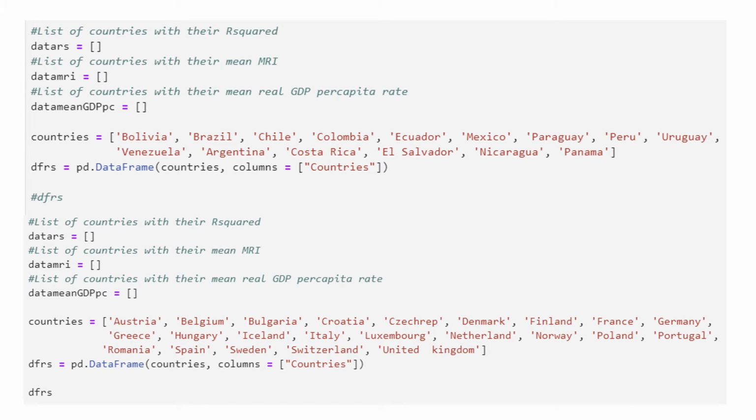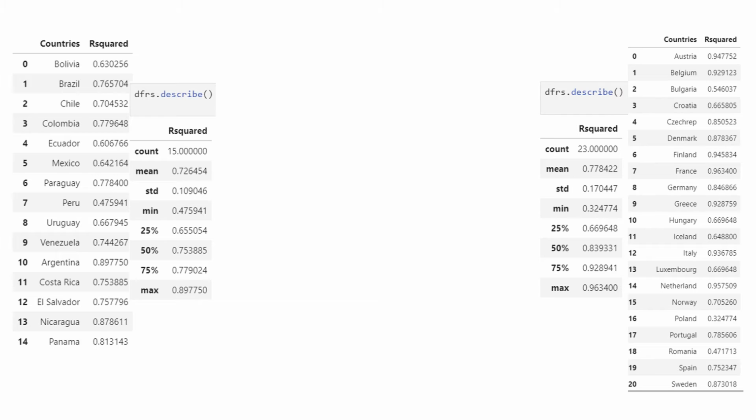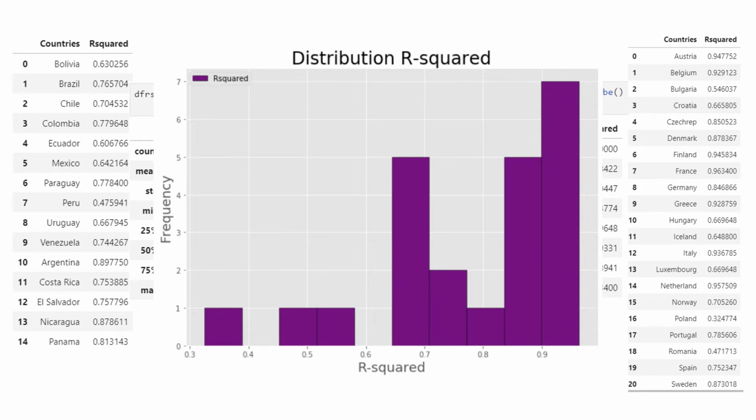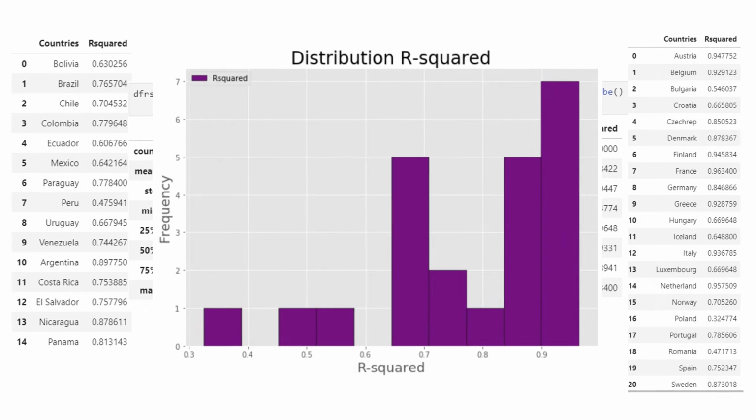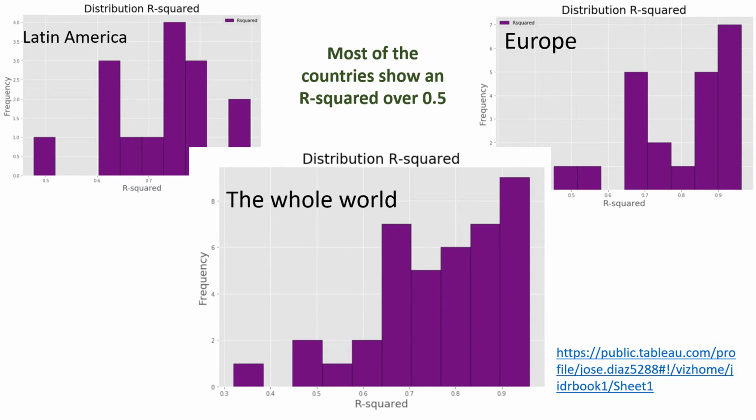Now we are going to calculate for 15 Latin American countries and for 23 European countries the MRI, the mean of the real GDP per capita growth rate, and the coefficient of determination R squared. And here we have the R squared distribution for Latin American countries, for European countries, and a summary for countries all over the world. As you can see, most of the countries around the world have R squared over 0.5,